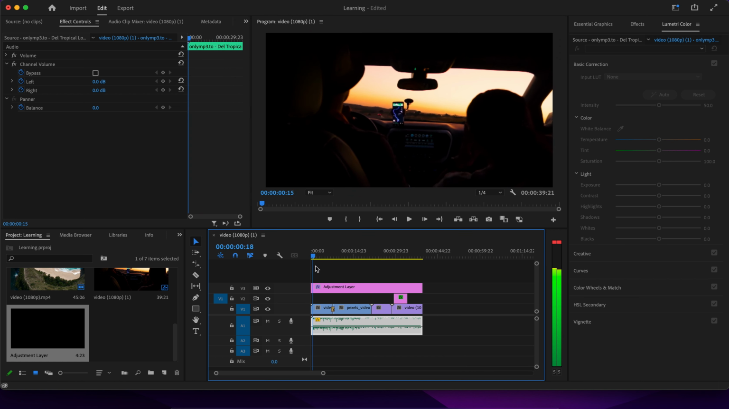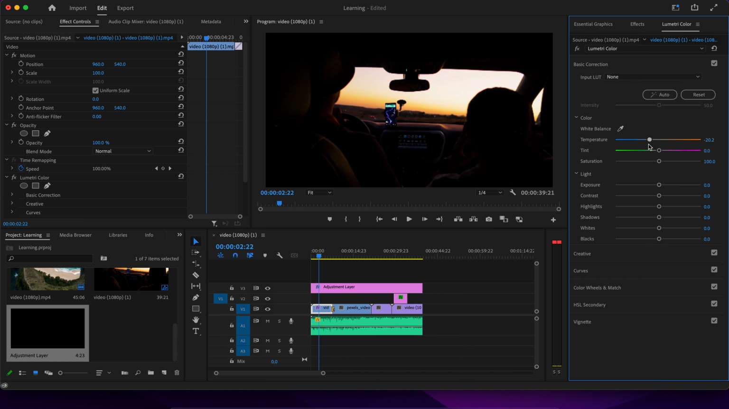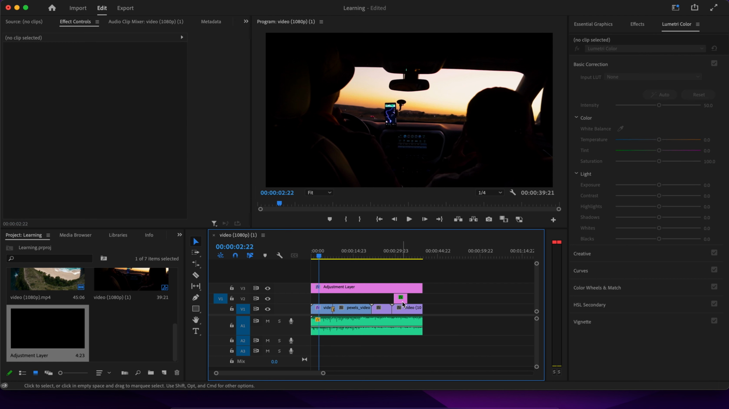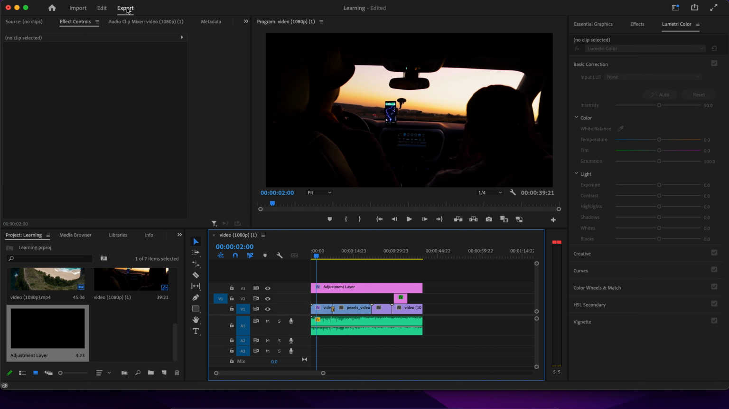So if you are satisfied with your clip, we can decide. Let me reduce this color a little bit. If you are satisfied with your clip, we can decide to export. Export is different from saving your clip. Export is merging the videos together. So you come to export,